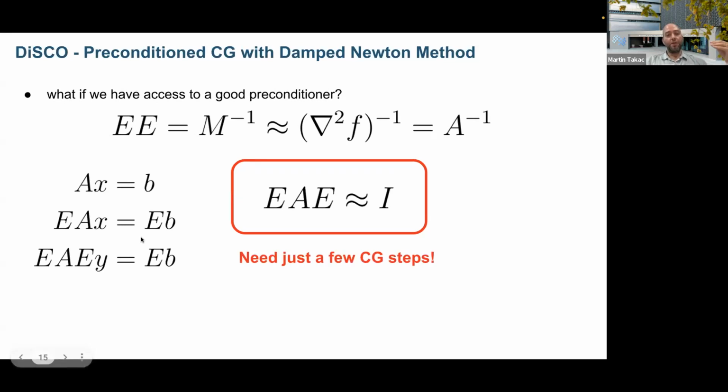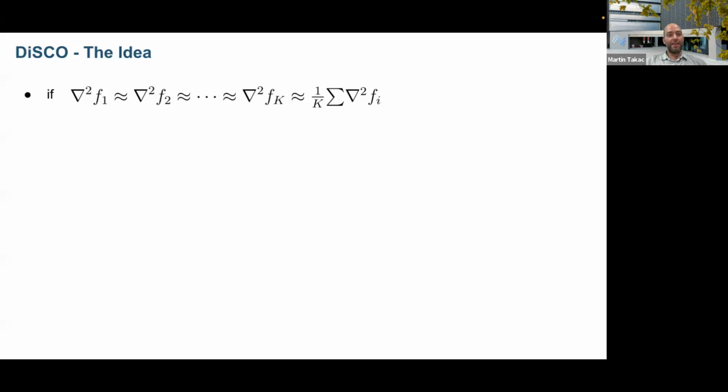So basically, if you know some good preconditioning, ideally the full Hessian, then I will need only one CG step. And usually, what you can do is run Newton's method for maybe only 10 steps. That's it, right? If you have a good enough M, then maybe the whole communication will be just 10 CG steps, or 10 iterations of Newton's method. Each will need only one CG step. But this assumes that M will be very close to the true Hessian, which is not really a reasonable assumption, okay?